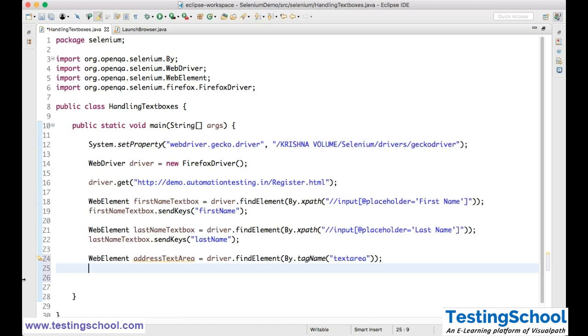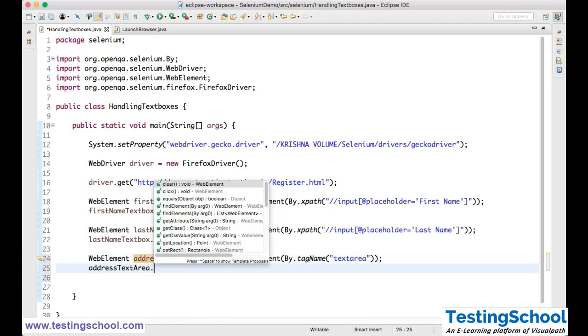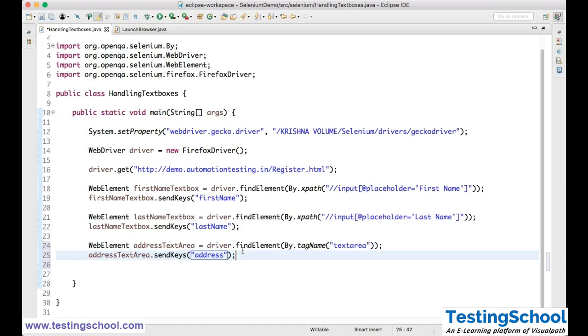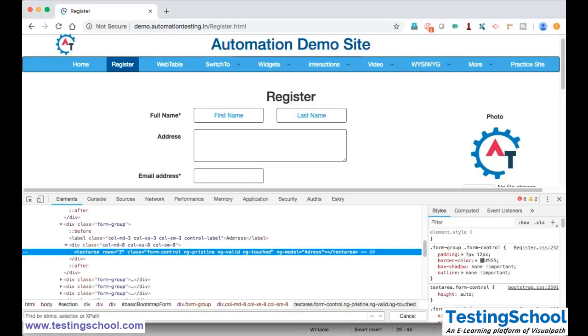We already saw that there are so many ways we can find the element, eight ways, and we already discussed all these things. Same sendKeys, and I'll say just address. I am giving some dummy data. After this, I'll go to